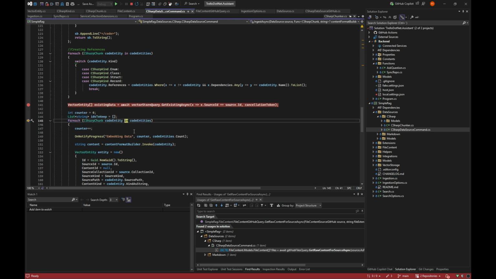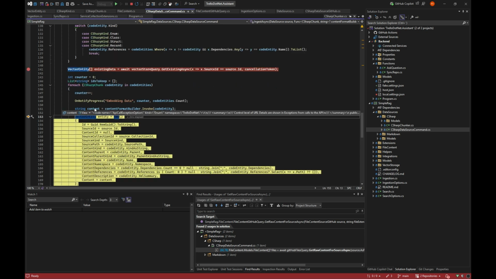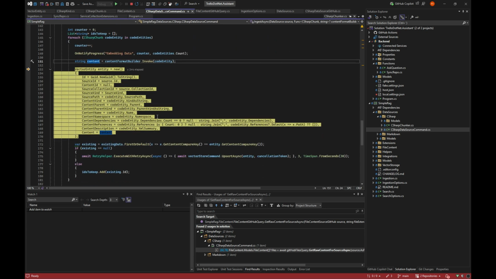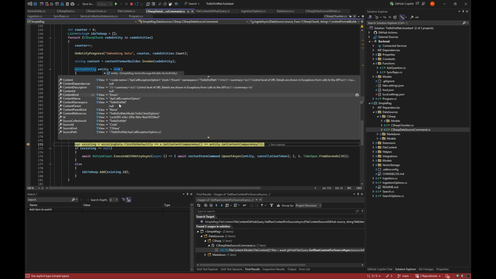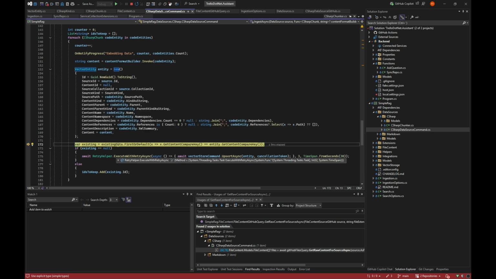And then we go to every code entity and get the content, and we build our vector entity. So we just give it a new GUID. We give it the ID, the content source, and so on. So we end up with all this information about that specific C# file.